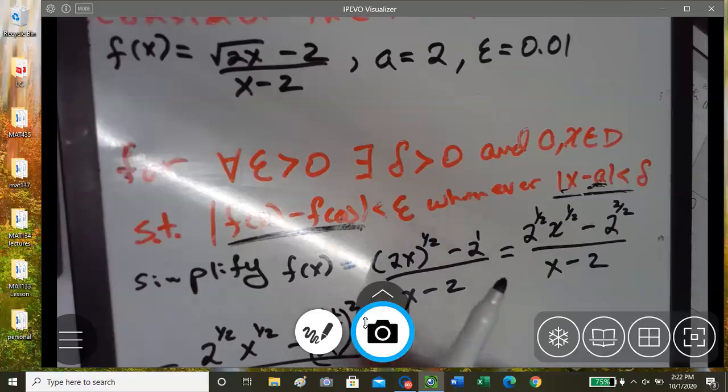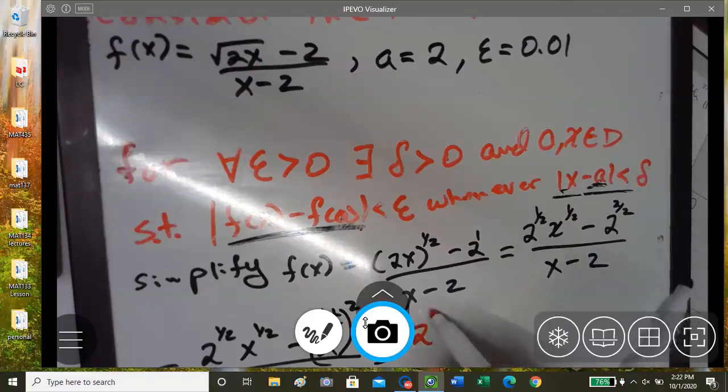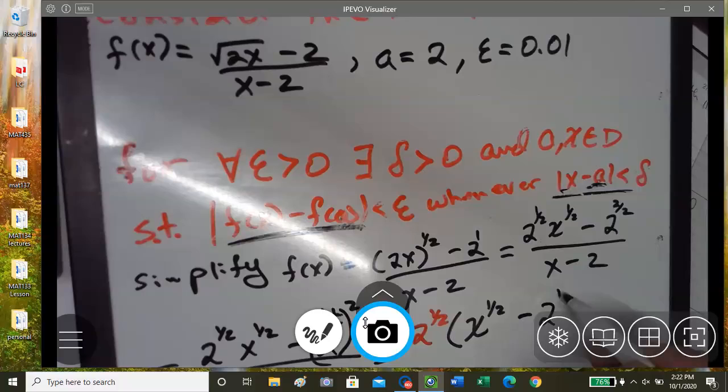Okay, so from here, I'm just going to work with the numerator first, and I'll work with the denominator after that. So we're going to factor out this 2 to the 1/2. Since this is 2 to the 1/2 squared, this is 2 to the 1/2 times 2 to the 1/2. So that gives us 2 to the 1/2 factored out, and that leaves us with x to the 1/2 minus, since this is 2 to the 1/2 times 2 to the 1/2, we're still going to have a 2 to the 1/2 left, over